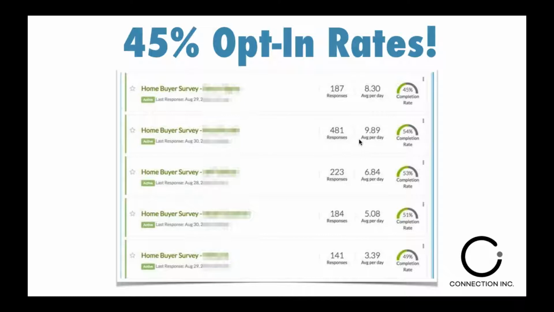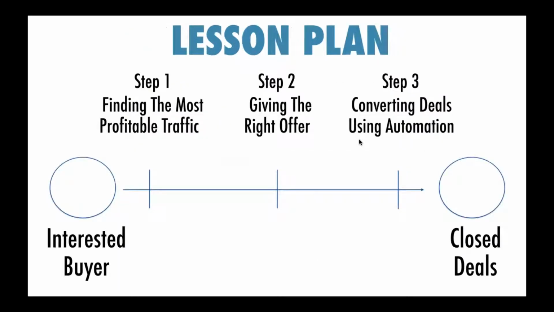54% of the people are filling out the survey, and there's 12 questions in the survey. So it's not a simple 2-question survey that these people are going through. They actually have to jump through legitimate hoops and answer questions to get to the end. And on average, we typically see about 50% of the people filling out the survey, which is just incredible when it comes to lead gen. This outperforms your traditional lead generation page by a factor of 5, right? Which is incredible when you look at the amount of leads that you can actually generate for the same amount of budget. So that's what we want for you.